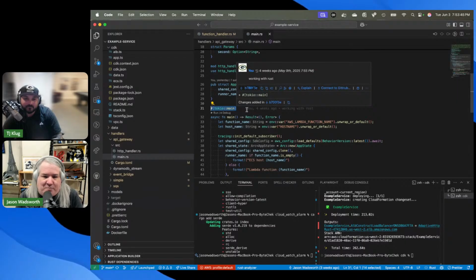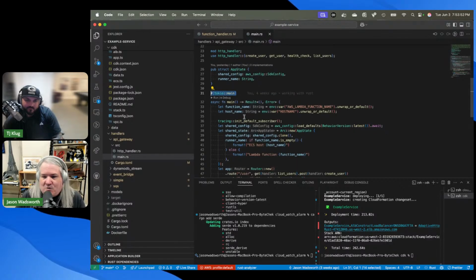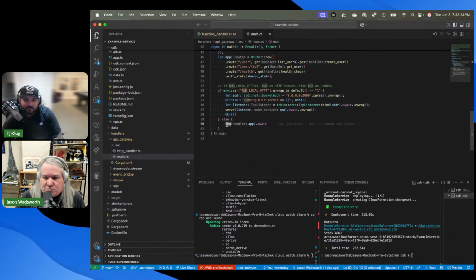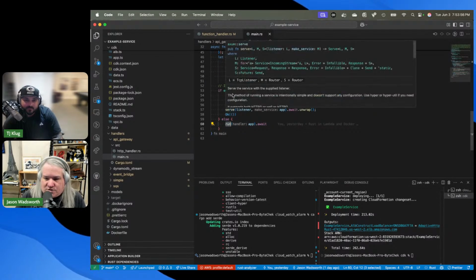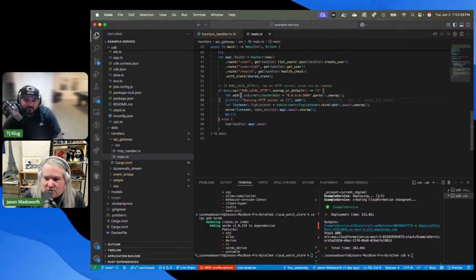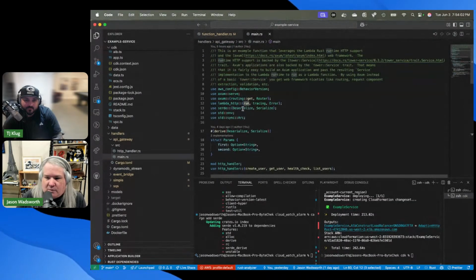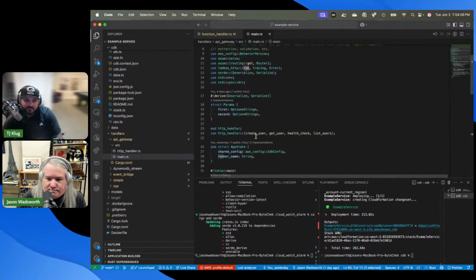So it needs something to manage all the running of the state of keeping track of threads and all that stuff. And so when you see this, ultimately it's going to call this run or serve. I'll talk about why this is different in a second, but ultimately it's going to call this run. And this is coming from Lambda, which is ultimately coming from Tokio because they've wrapped it.